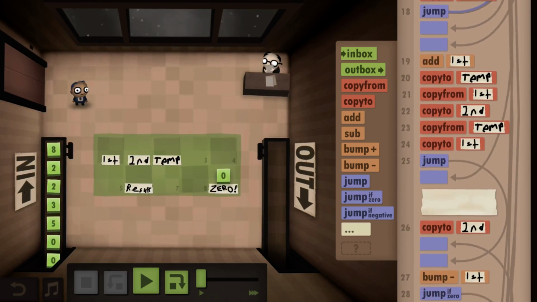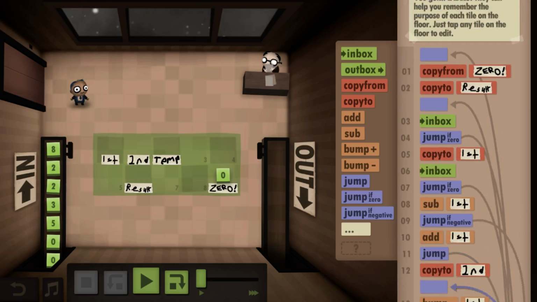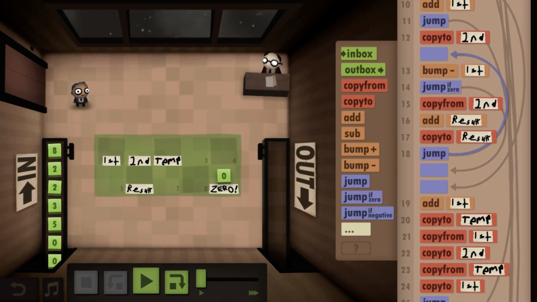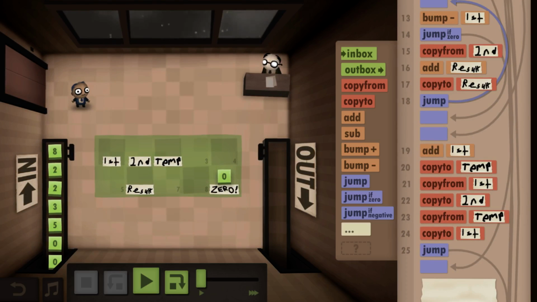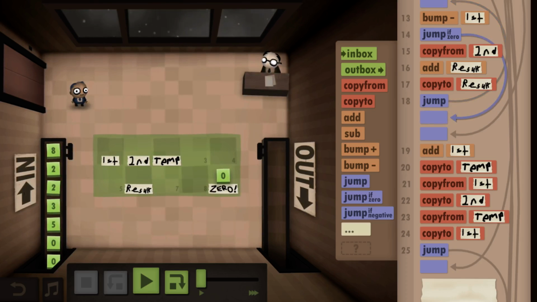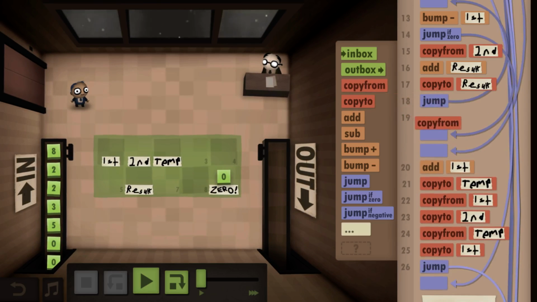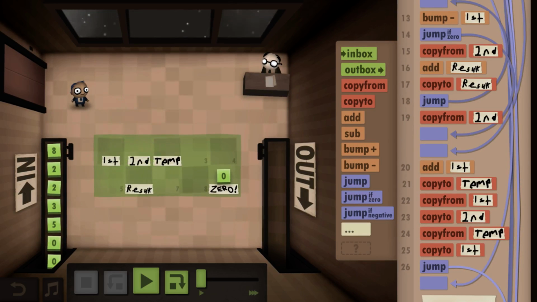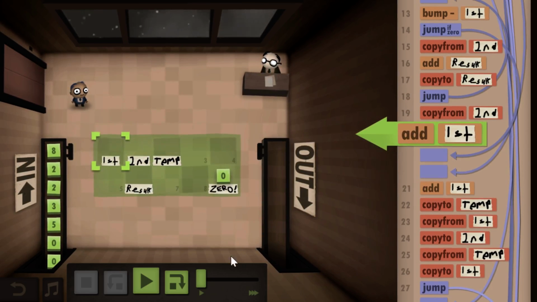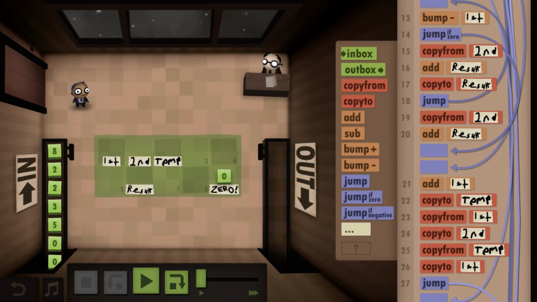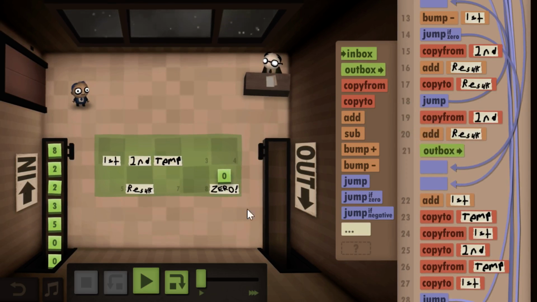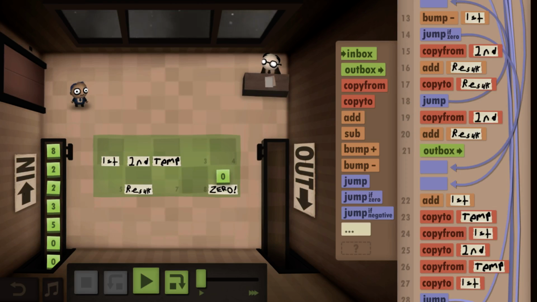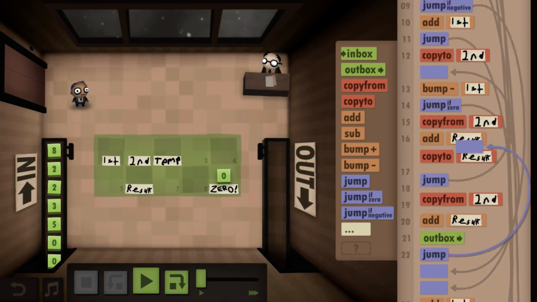Where are we? This is the jump of 0. Copy from second, add result one more time, outbox, and jump to the beginning.